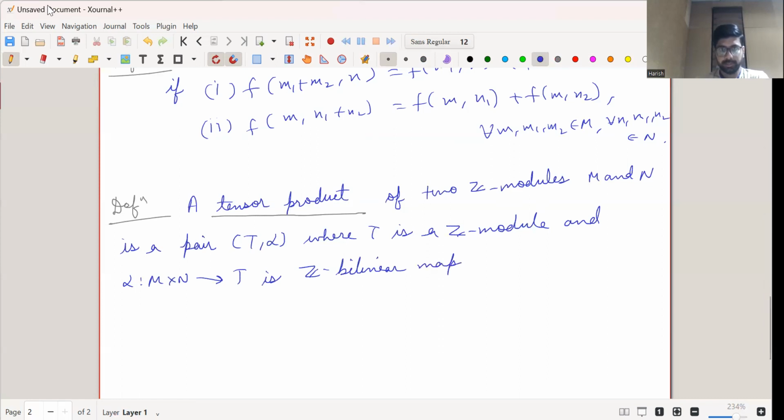Bilinear map with the following universal property. This thing you should be looking at very cautiously with full focus, because this is what we will be using again and again in solving the problems, the universal property. So the tensor product has the universal property